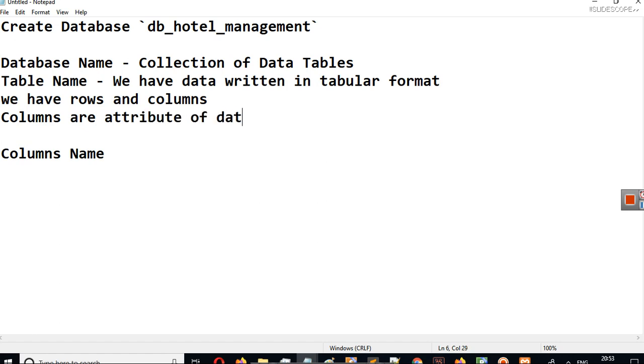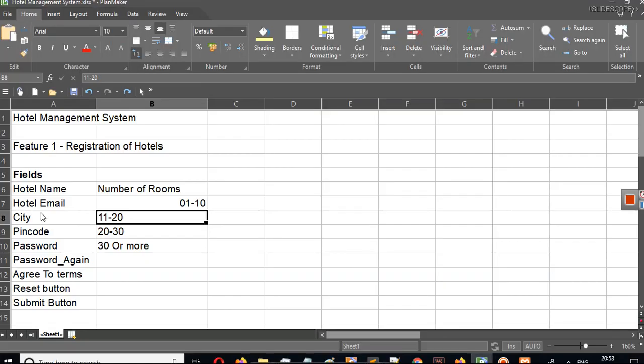We discussed an example here while we were creating a form for the hotel management system. We discussed that while registering a hotel, a user has to enter these fields: hotel name, hotel email, city, pin code, password, and various other things. So these fields here are the column names.